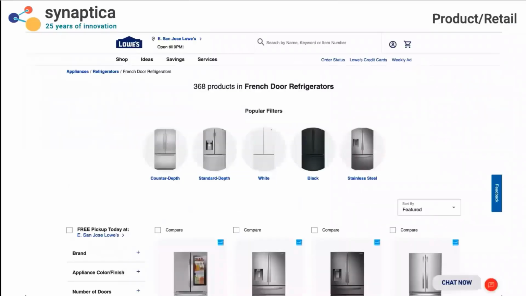So here's an example from a big box retailer in which we're using a combination of navigation and search. We've drilled down using navigation from appliances to refrigerators to French door refrigerators. They've given us a landing page, and they're also giving some popular filters. If I were to dig into this, I might get some recommendations of things I might like as I'm browsing. But you can see here on the left too that we've got filters, and these are really faceted